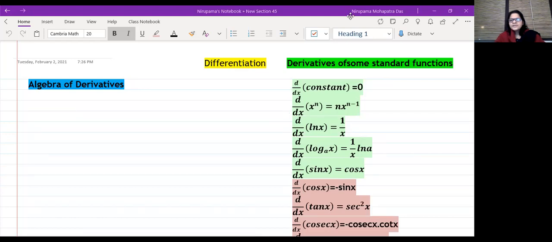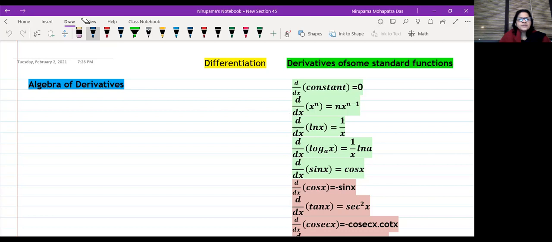So in earlier classes, we have found out derivatives of some standard functions, and of course we have derived all these formulas in the class by using first principle and derivative of the constant. As we have studied, derivative is rate of change of quantities. Whenever we write dy by dx, it is rate of change of y with respect to x. Or when we write f dash x, again it is rate of change of the function fx with respect to x.